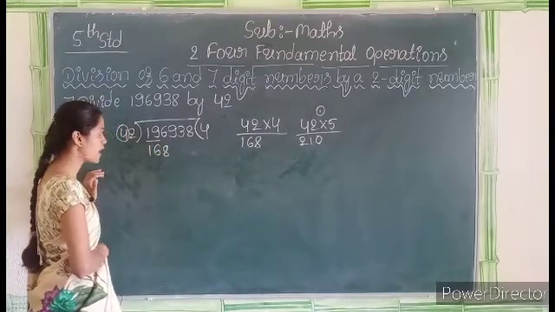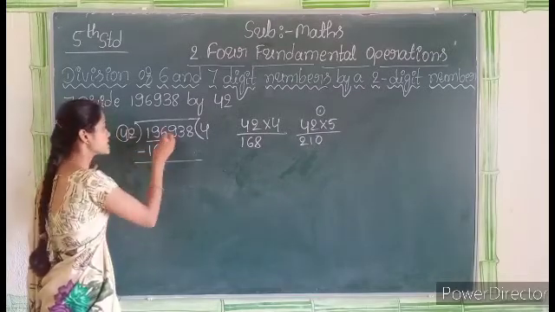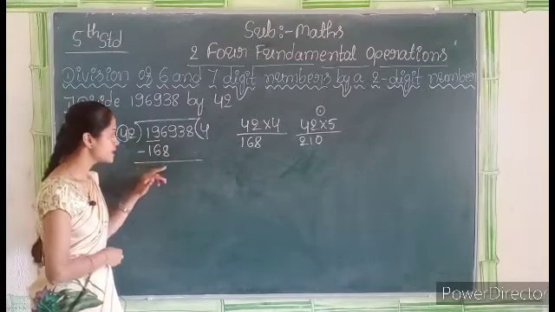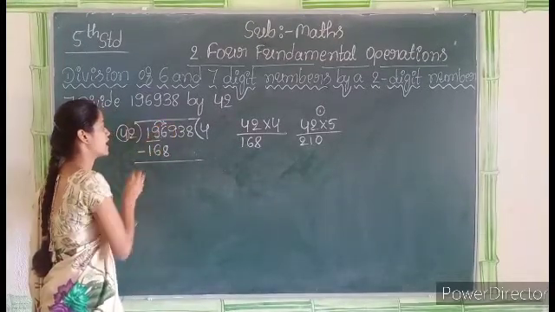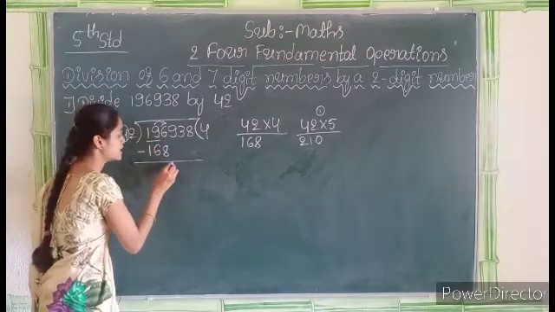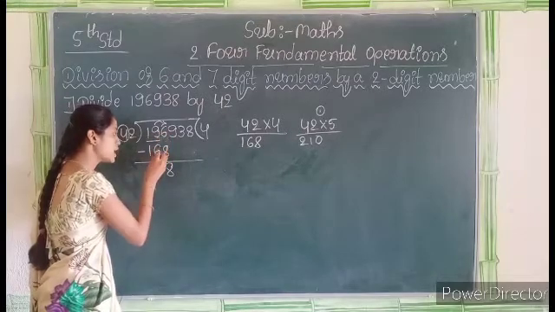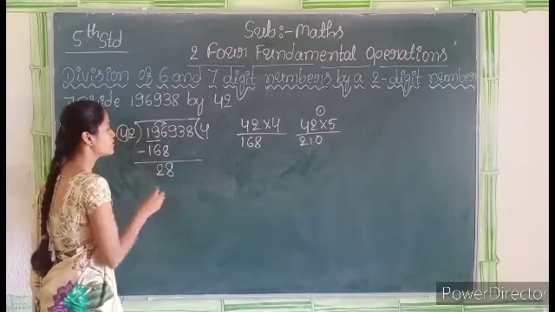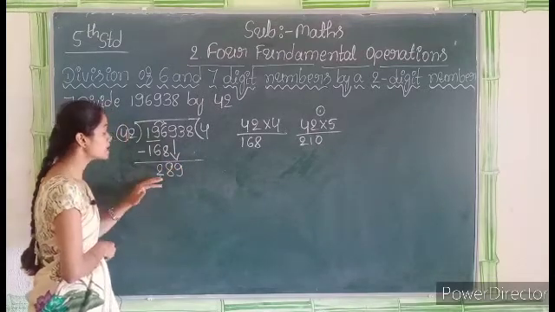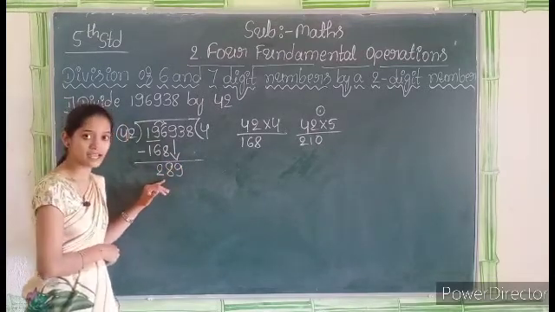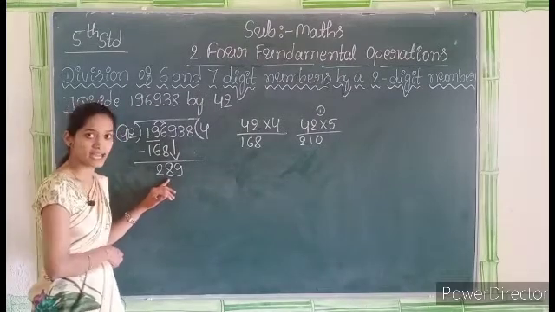Now we have to subtract 168 from 196. 6 minus 8, 8 is greater than 6. That's why we have to borrow from this 9. 16 minus 8, that is 8. Then here we are left with 8. 8 minus 6, 2. Now we have to bring down this 9. How many 42s are there in 289, or which number is near or less than 289 in the